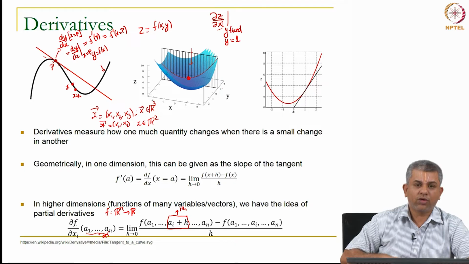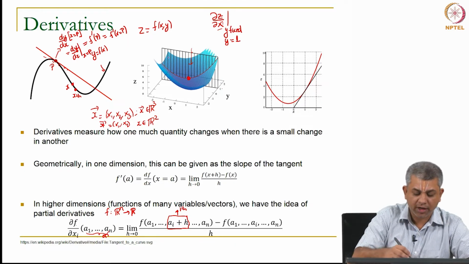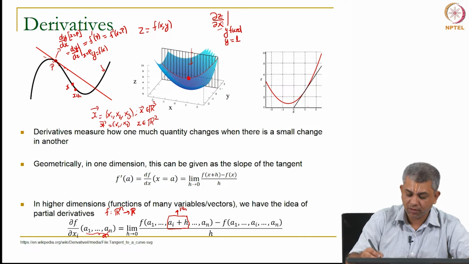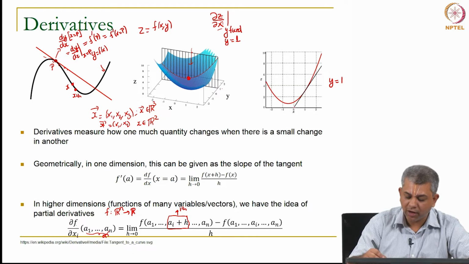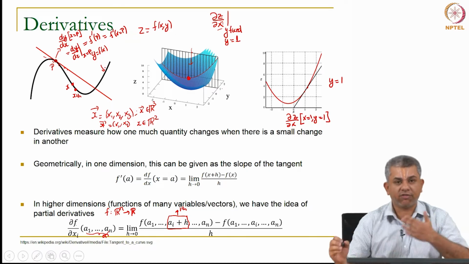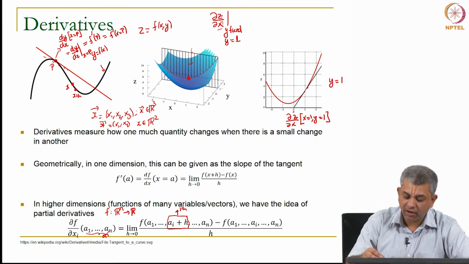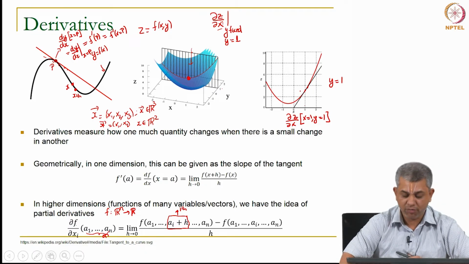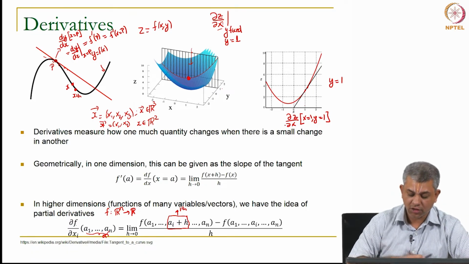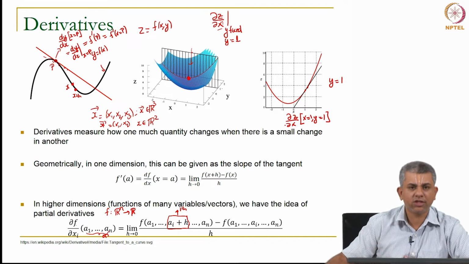Okay. Now, reduced to a one dimensional problem, this is what it would look like. This is simply the cross section of this function at y equal to 1, and if I want the slope now, then all I will do is change x by a little bit. So, suppose I want del z del x at x equal to 1, y equal to 1, then I take a cross section where y is fixed at 1 and evaluate the slope at x equal to 1 by just changing x, and that slope will actually give me the value of this partial derivative. Okay, so, this is the idea of partial derivative.